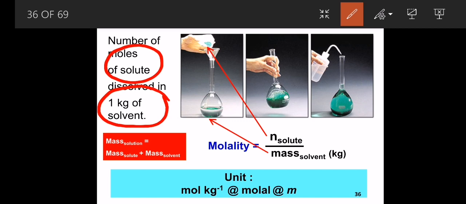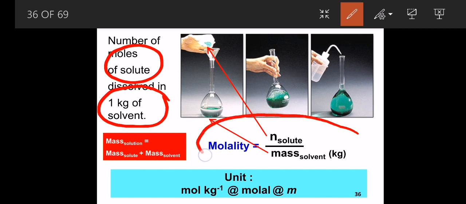know the concept. Earlier I already told you all that the concept is solute plus solvent equal to solution. So you can say the mass of solute plus the mass of solvent is equal to the mass of solution. Okay, so the formula for the molality